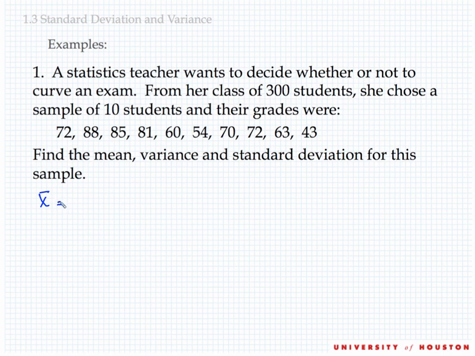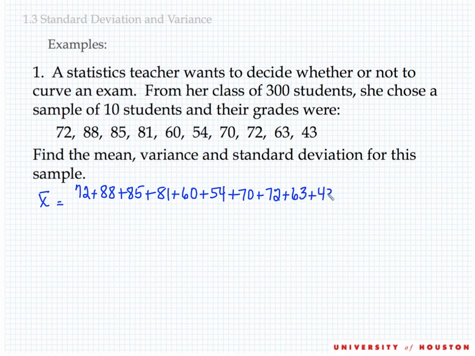X bar, our mean for our sample, would be 72 plus 88 plus 85, 81, 60, 54, 70, 72, 63, and 43, all summed up, divided by 10. And that gives us an average of